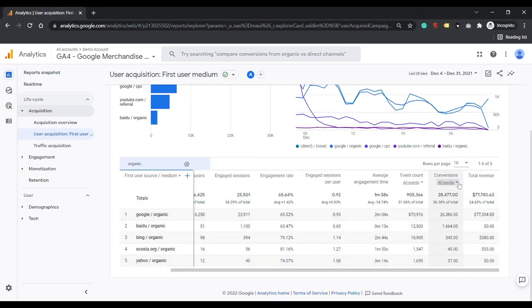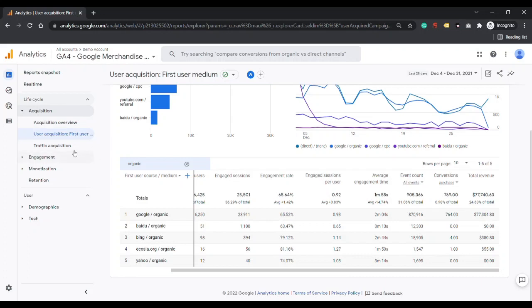In the conversions option we can select purchase, and we will get to know how many out of this overall traffic are actually purchasing the products, and this is all the revenue from that traffic. So this is the overall revenue from organic search. In this way you can measure the organic traffic.